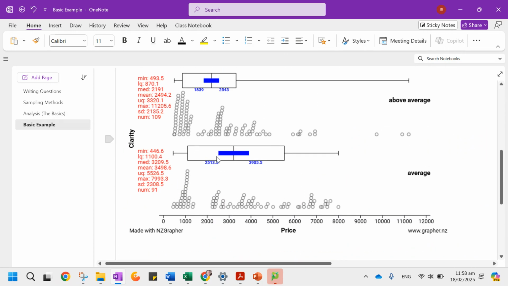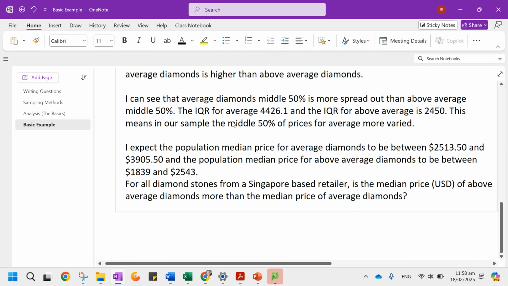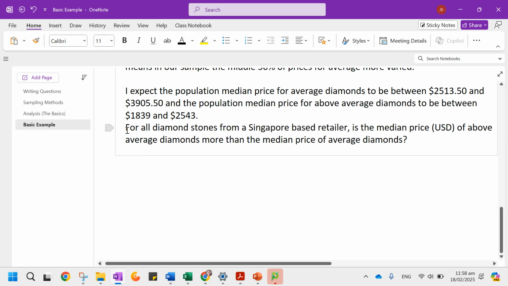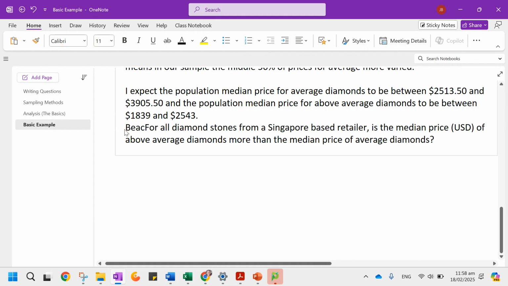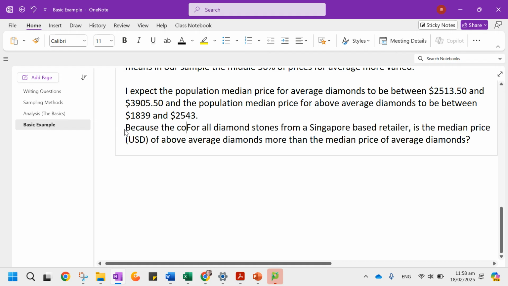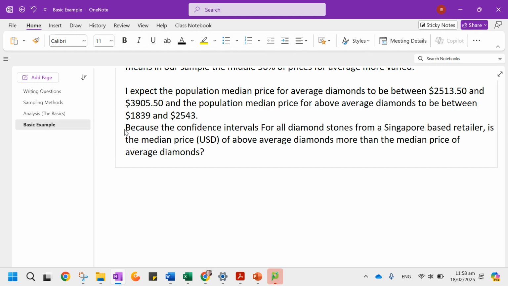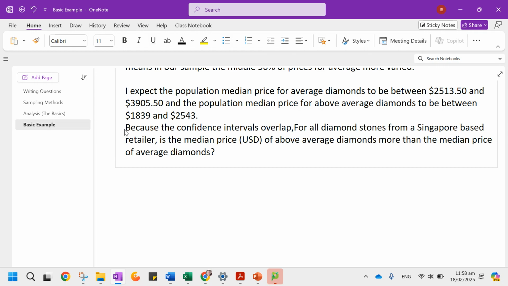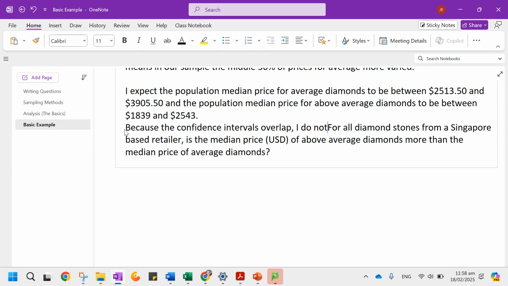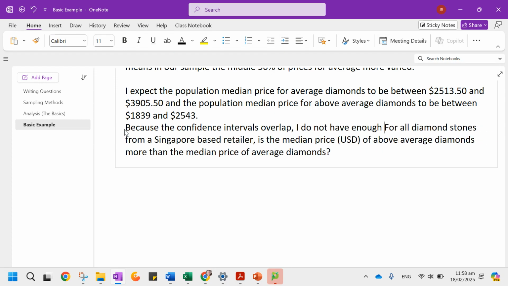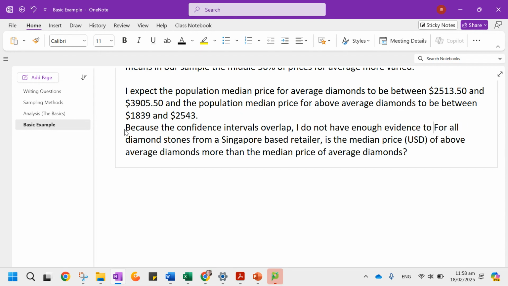So this one starts at 2513. This one finishes at 2543. So is there overlap? Yeah, it's small, but there is overlap. Okay, so we would say because the confidence intervals overlap, I do not have enough evidence to conclude